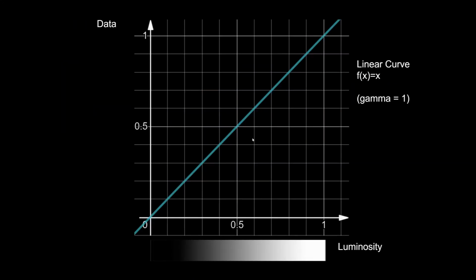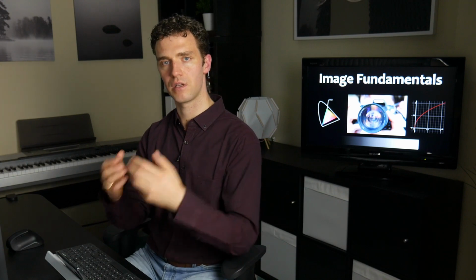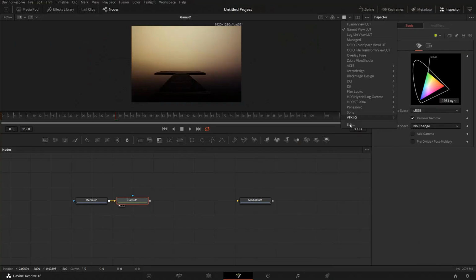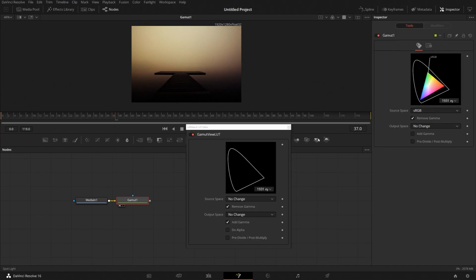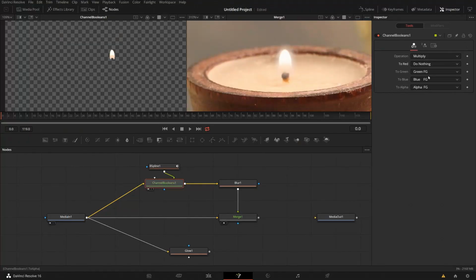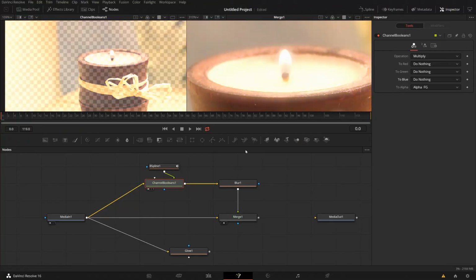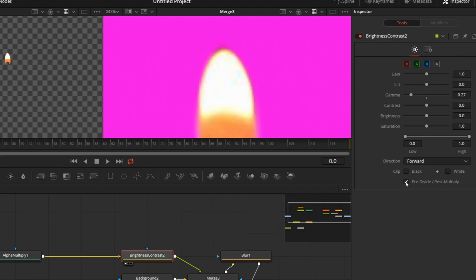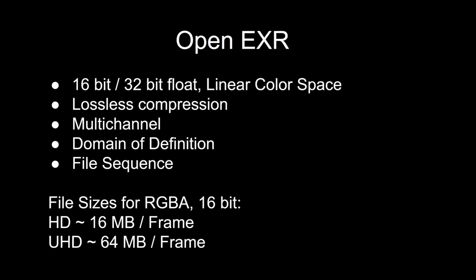workflow. And I will not go to the level of detail that you might have in a color grading course, but I will give you enough so that you have a good understanding of how it impacts you in your compositing work and how you do the correct setup in Fusion. I will go on to discuss a bit about the alpha channel and what alpha multiplication, pre-multiplication, alpha divide mean and why you need this. At the end, I will have a look at file formats that you might come across or that you might